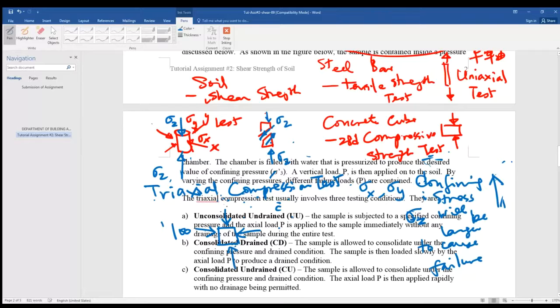Suppose that's 500, right? Say if at Z, say 10 meters below ground surface. What about 100 meters below the ground surface? At that depth,